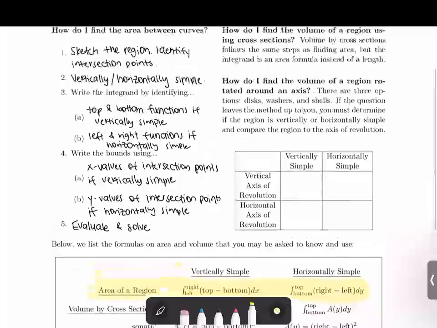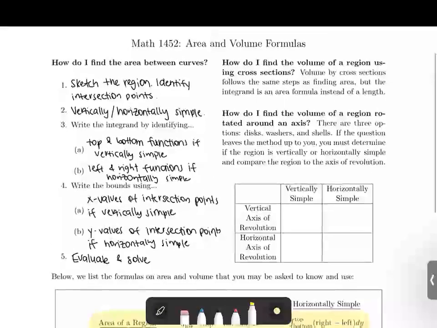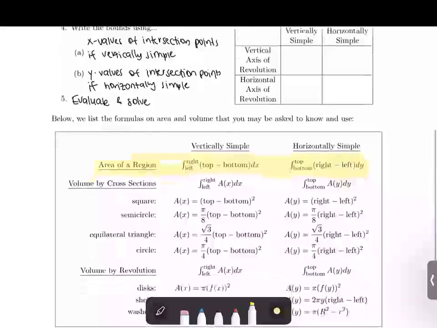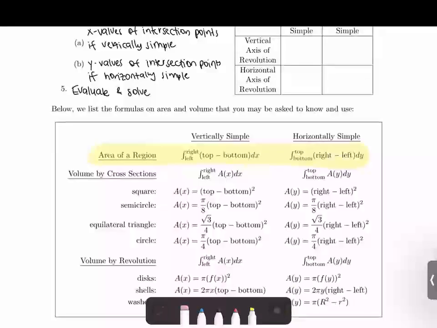So the next question is, how do I find the volume of a region using cross sections? It's going to be the exact same steps as finding area, but the integrand is going to be an area formula instead of just a length, top minus bottom or right minus left. But as you can see in this next section,